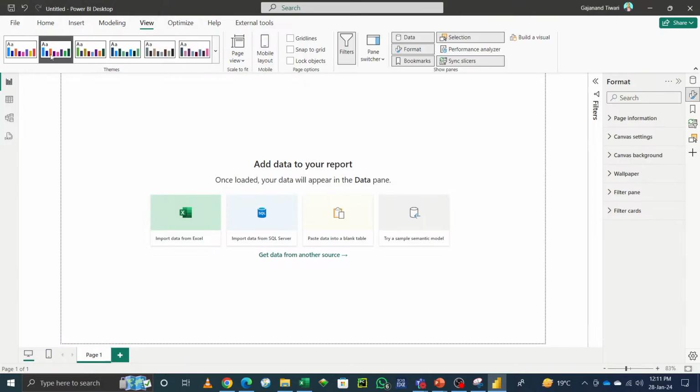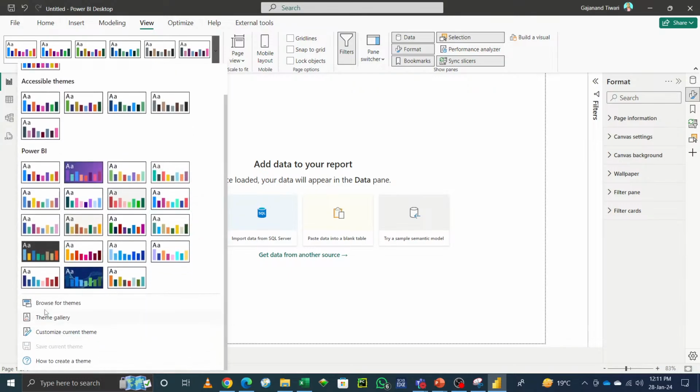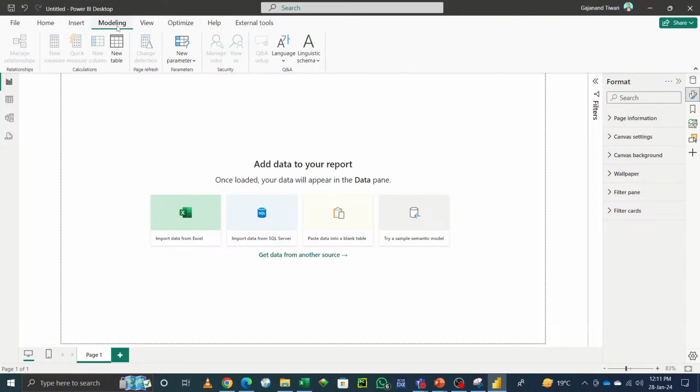View: you know that sometimes we need to color and all, so that has a theme. If you have a specific theme, you can use it here too. And then page. सर मॉडलिंग का जो है यहाँ पर टैब मॉडल का व्यू यहाँ भी है ना, रिपोर्ट, टेबल